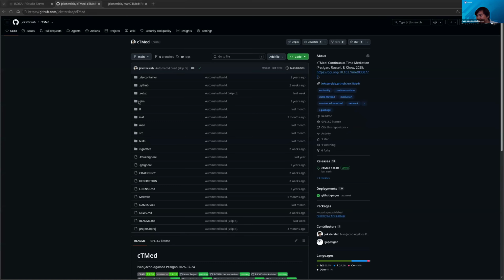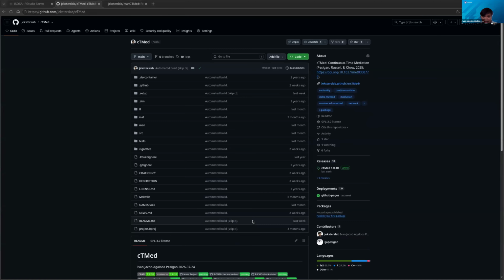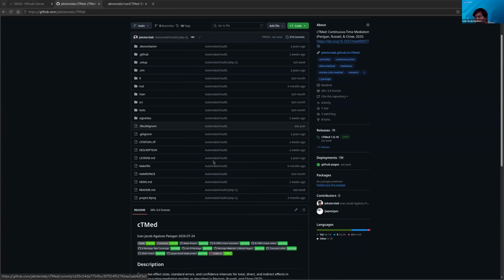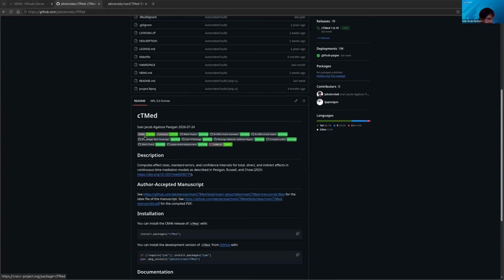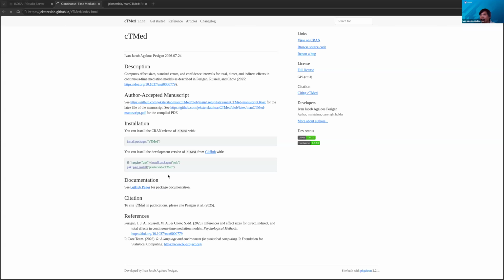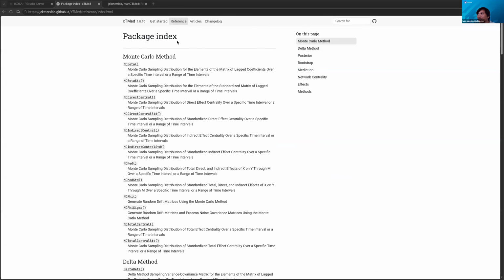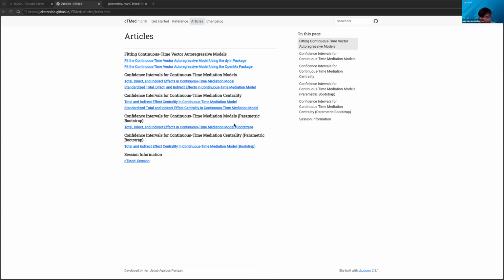So cTMed, this is the GitHub repository for cTMed. In the materials for the course, I have links to all these. And this is available. I updated it for this class, actually. I sent an update to CRAN so that you get the most updated version of this. There's an accompanying web page that has all the functions in the package and some articles that you might find